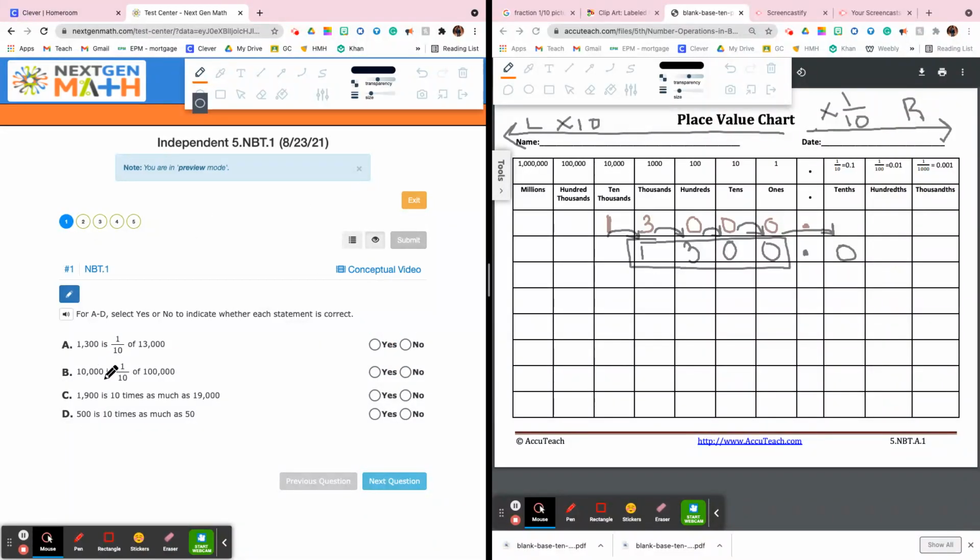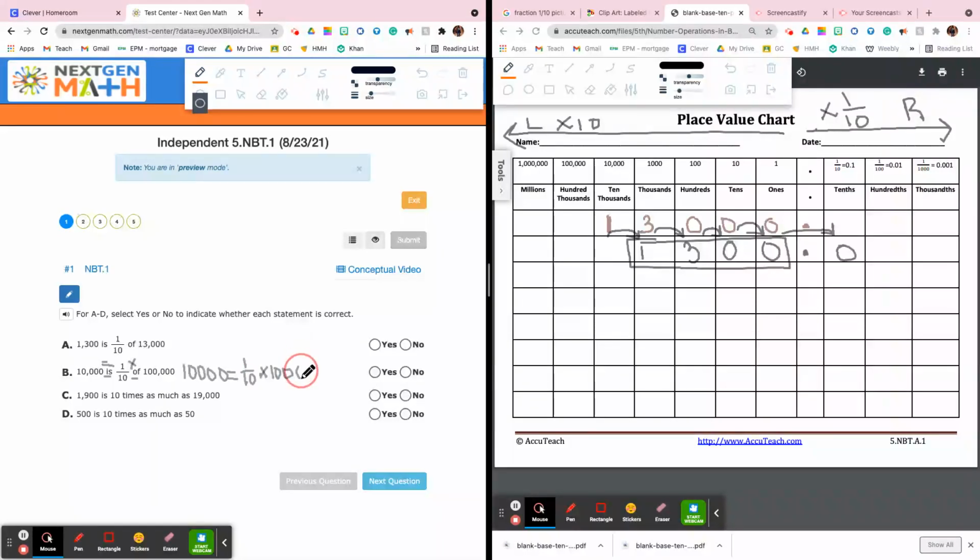Question B says 10,000 is 1/10 of 100,000. Once again, is stands for equal and of stands for multiplication. I'm gonna write my math sentence. 10,000 times, I'm sorry, it's not times, equals, Ms. R, equals, thank you guys, equals 1 over 10 times